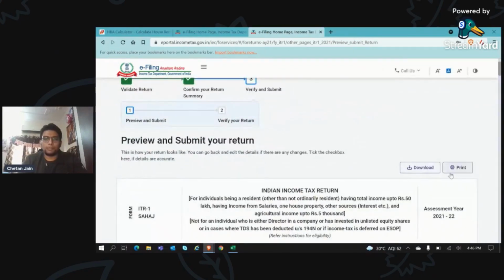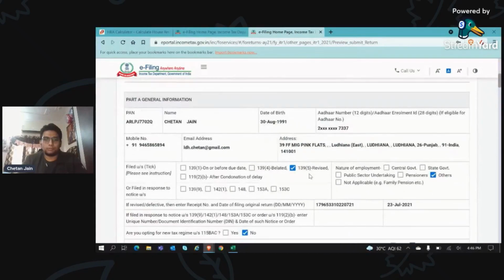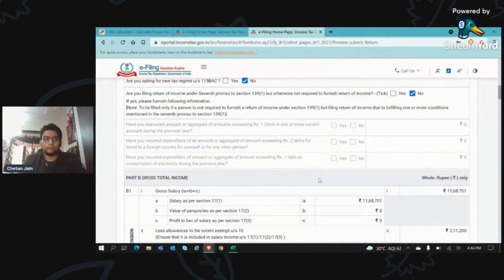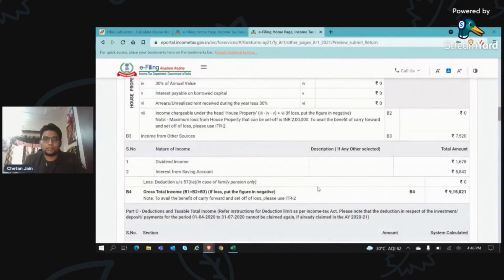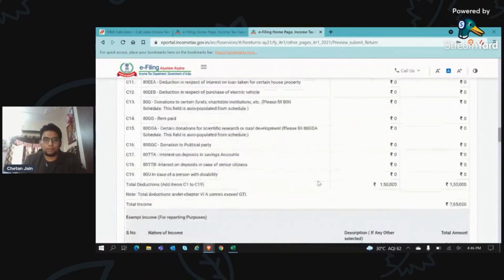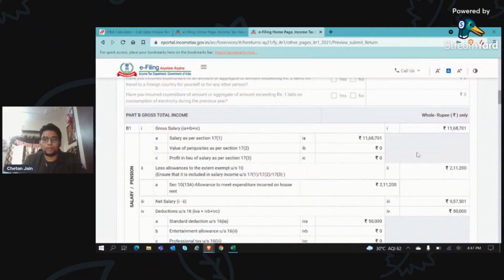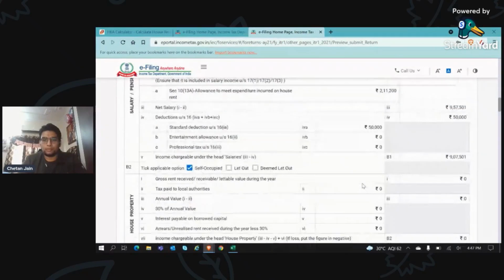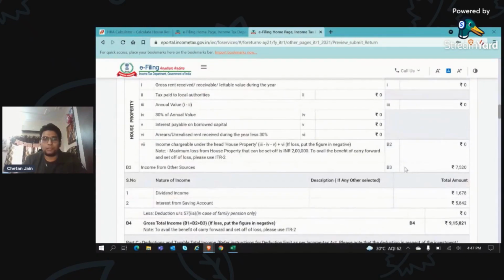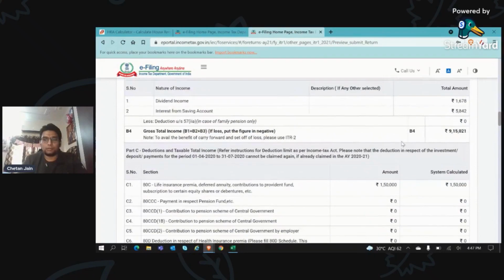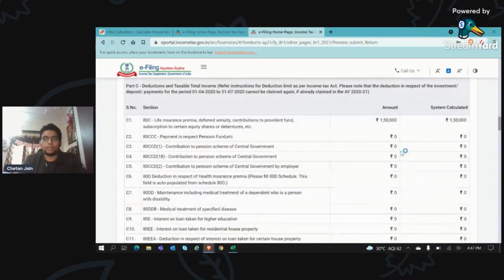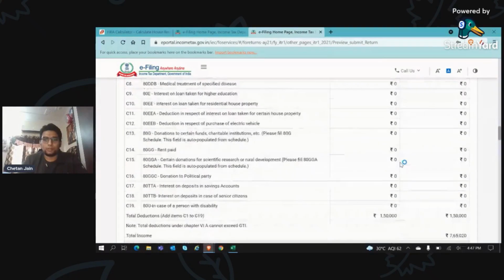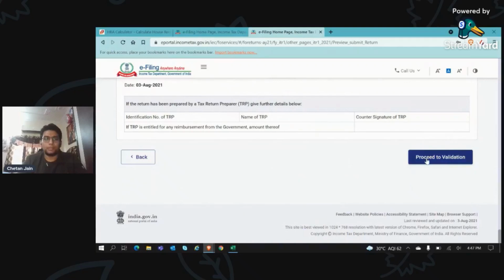Now once you submit your return, you are good to go and your return will get filled. This whole information, this form, as per your record, has been filled. So you can cross verify it. If you find some issue over here, you can again fill out your form. There's not an issue. So proceed to validation.